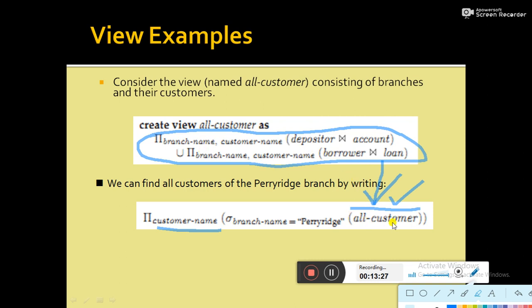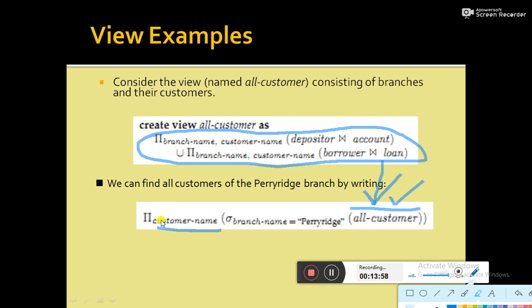So this is replaced by the definition of the view, which is this one. The query processor will then execute that definition. Once that query expression is executed, a relation will be generated with the two attributes customer name and branch name, containing the customer name and branch name information, whether the customer has an account or loan, and from that relation the selection operation will be performed.